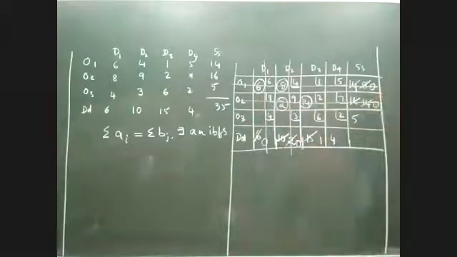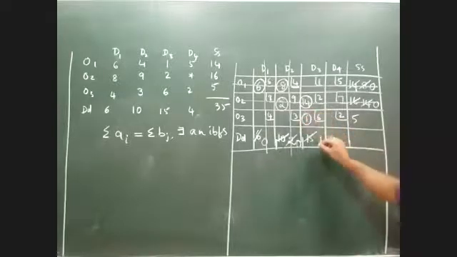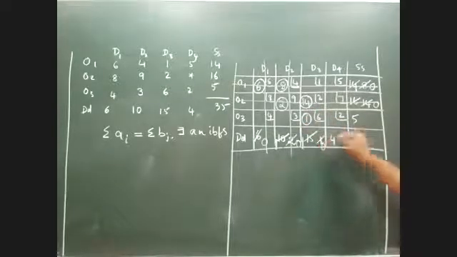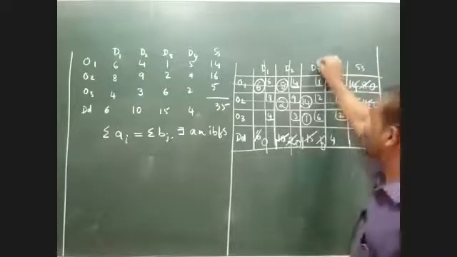Now finally we are left with only 2 elements. In these 2 elements, which is the northwest element now? 6. 6 is the northwest element, very good. So 5 and 1 are there. So I can assign 1. If I'm assigning 1 here, this becomes 0 and this becomes 4. Since this is 0, even D3 is gone.